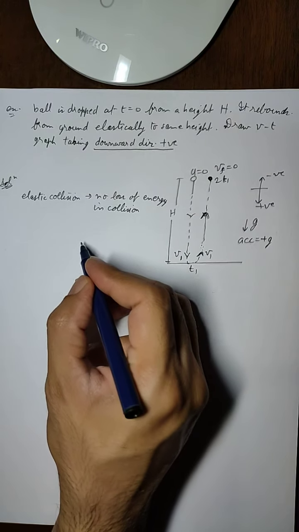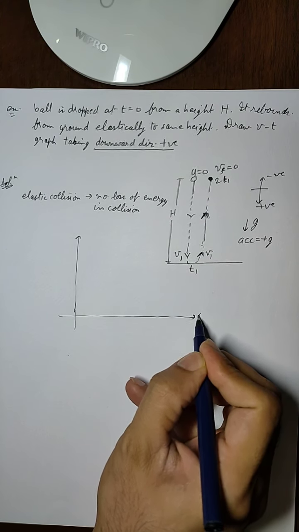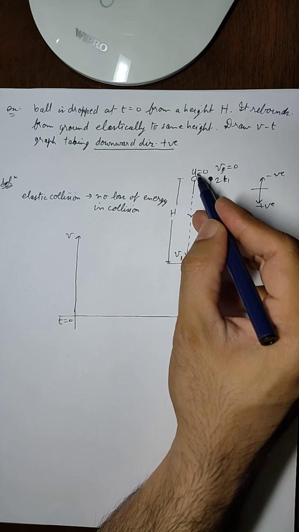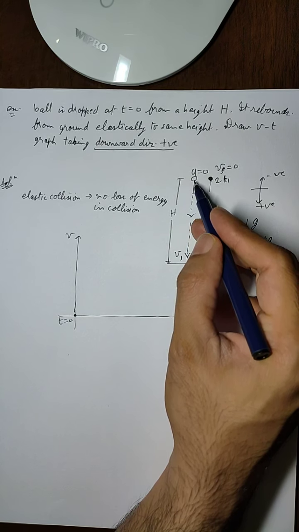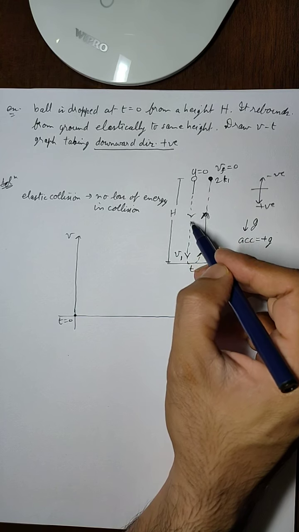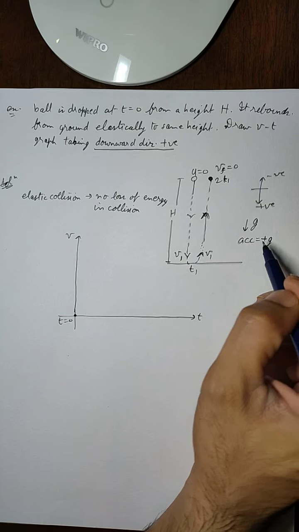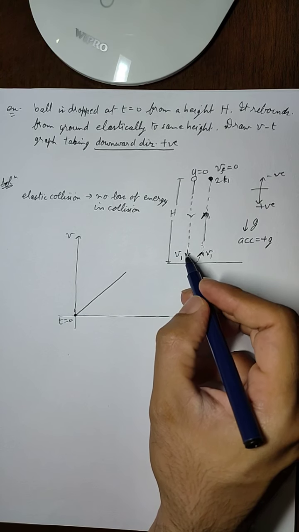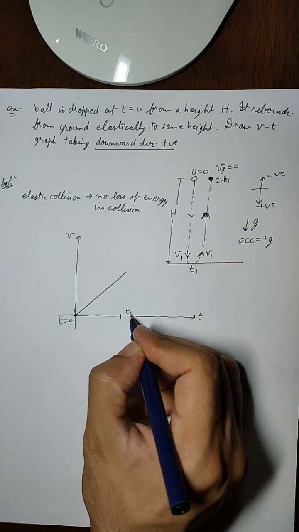Now let us plot the graph. At t equals 0, the velocity is also equal to 0. So this is going to start from here. Now after that, as the ball is coming downward, it is subjected to uniform acceleration and it is positive. So acceleration is positive and velocity is also in downward direction, which is a positive direction. Since both velocity and acceleration are in positive direction, it will be a straight line till the ball reaches the velocity v1 and hits the ground at time t1. So let us say it hits the ground here at time t1